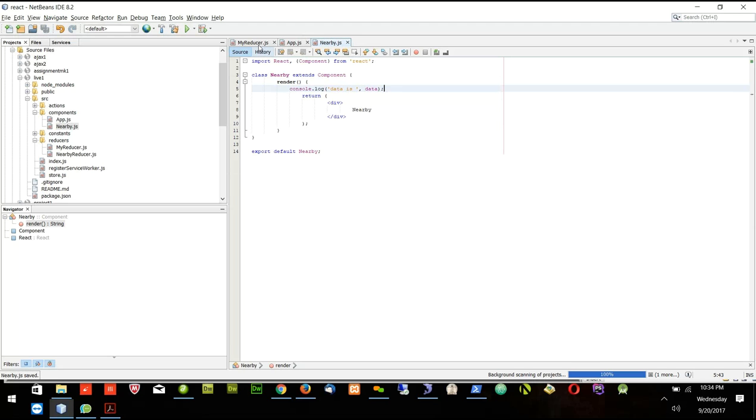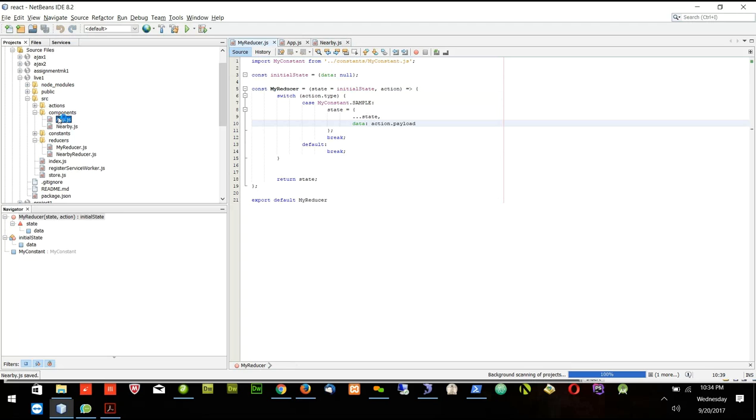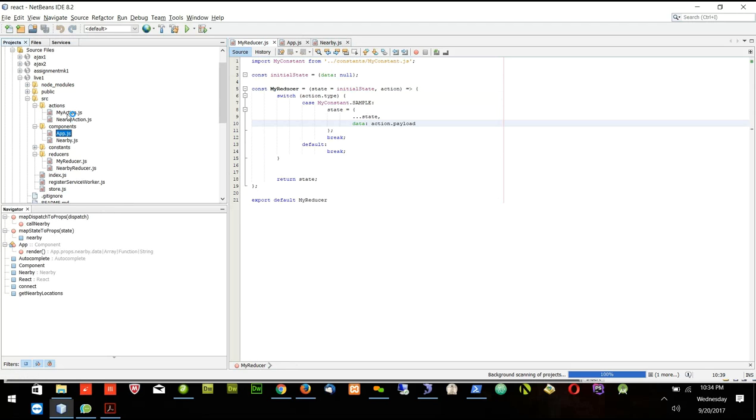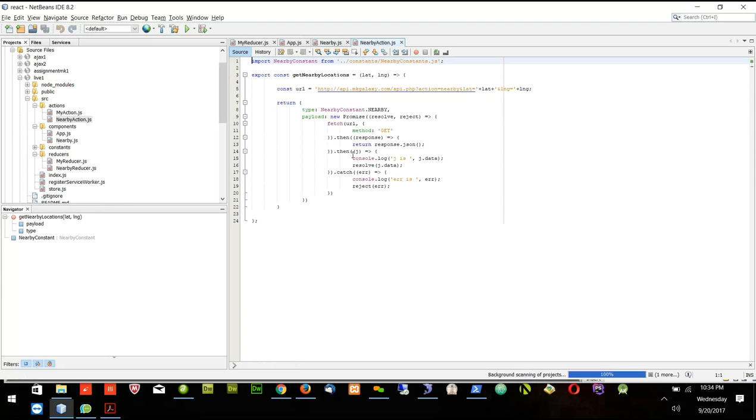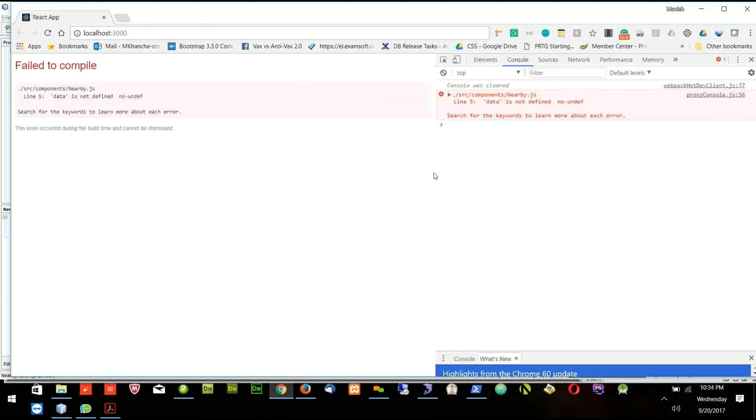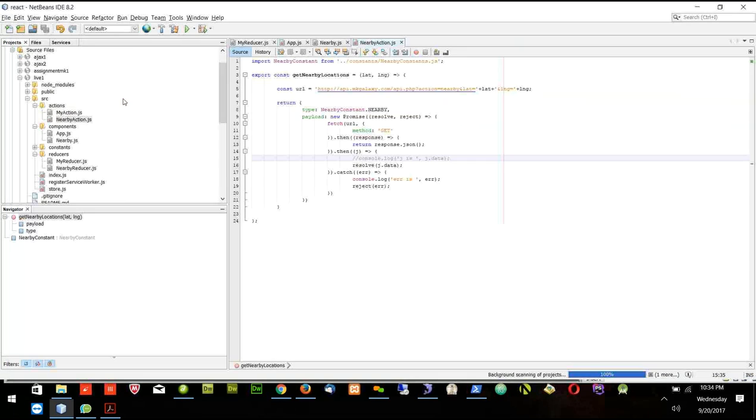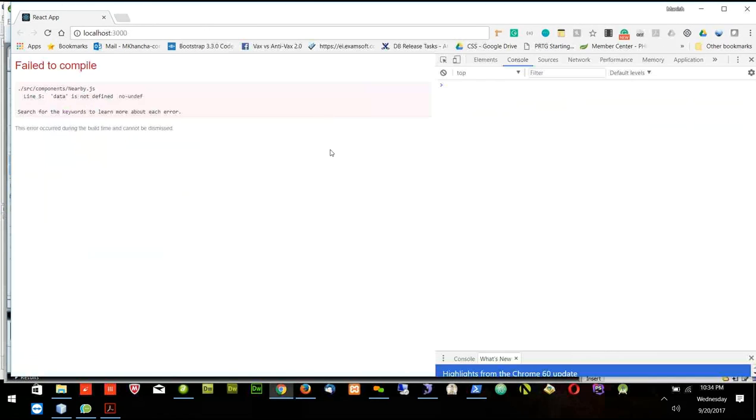I will check it here, and I will remove in the actions all the console.log because it's creating unnecessary logging. So I remove this logging here. It's okay, there's some error. Data is not defined. So